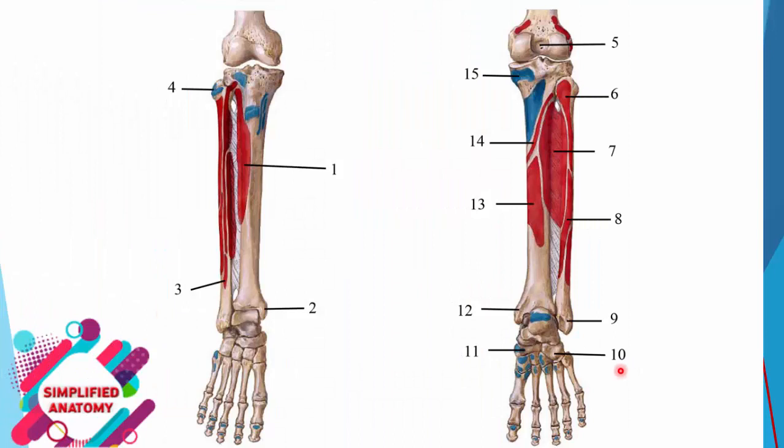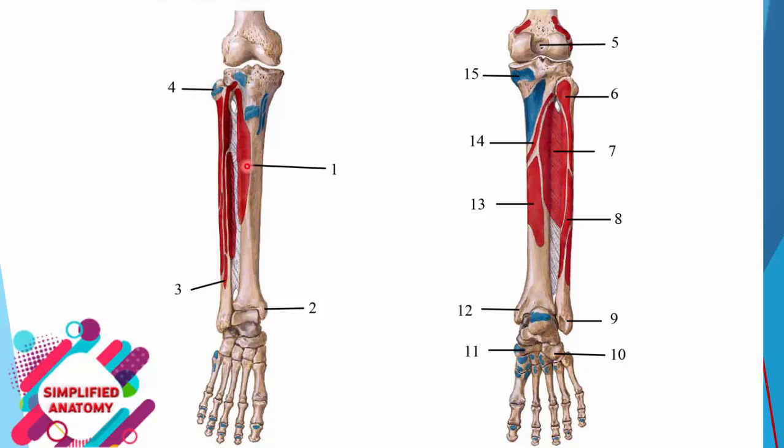Lastly, these are the bones of the leg and foot, anterior view and posterior view. In the anterior view, here is SGS, sartorius, gracilis, semitendinosus. Tibial tuberosity give attachment to ligamentum patelli. Lateral condyle of the tibia give attachment to iliotibial tract. Number 4, attached to the fibula, styloid process of the fibula is biceps femoris.